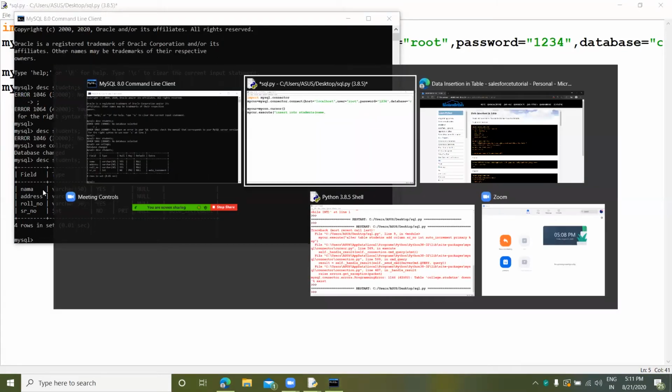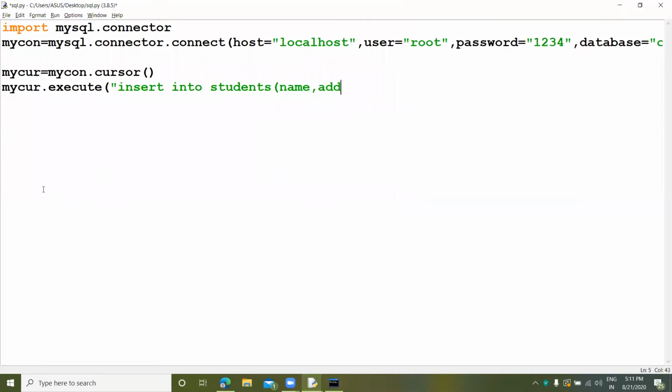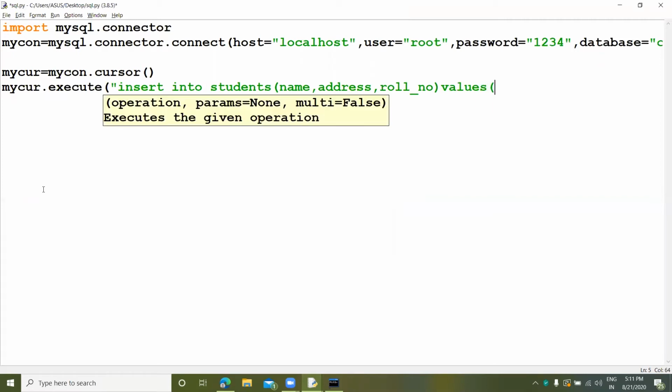So name, address and roll number. Now the values, that is the percentage and the percentage. So let's close it.